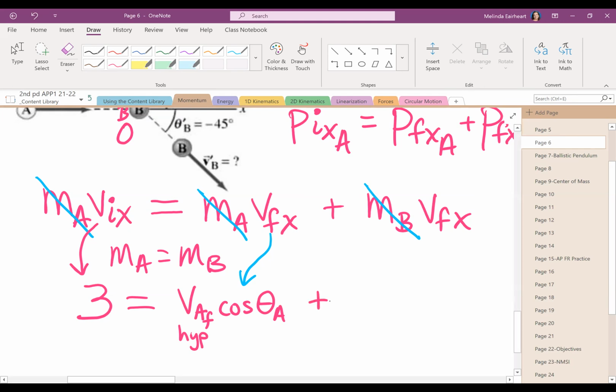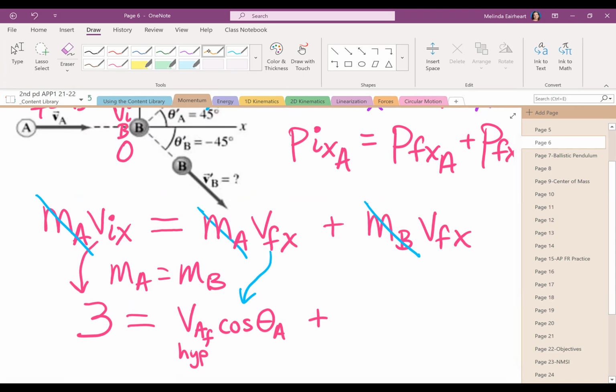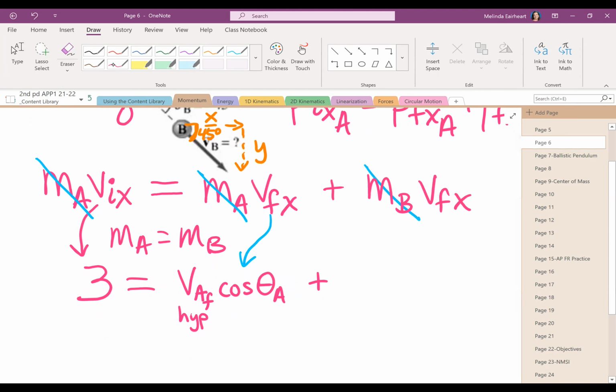Now we got to do the same thing, but for B ball. So if I go to my picture, it has a triangle with an X component and a Y component. Again, the 45 degrees is with the horizontal. Notice what trig function we'll use for the X component. It's still cosine. So they're both going to the right, so it should make sense. Now I'm putting different subscripts because again, tomorrow they may not both be 45. But here we are. Our two unknowns are the two hypotenuses,